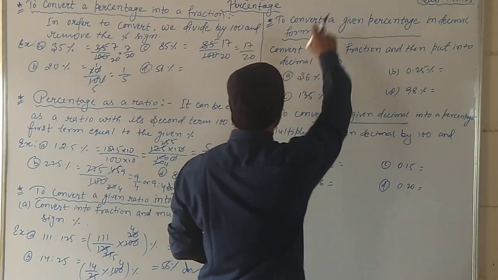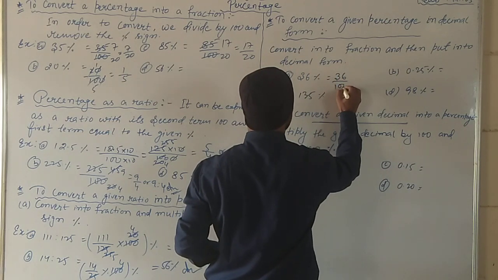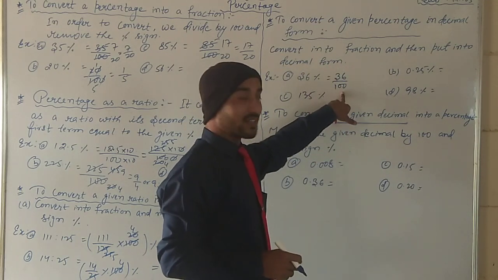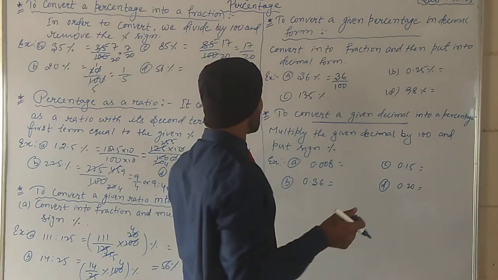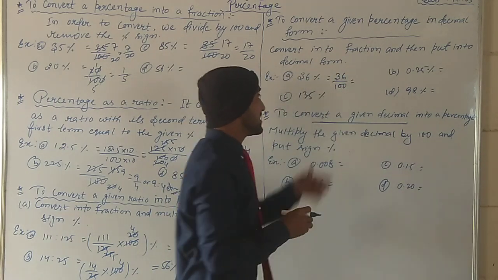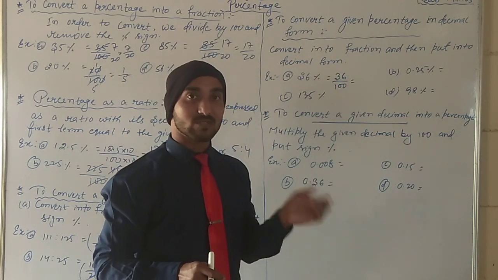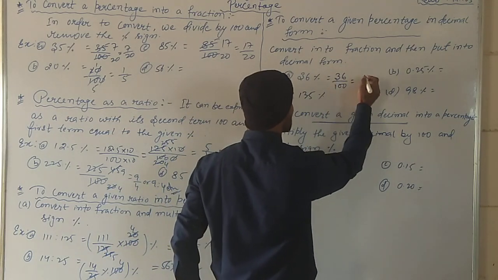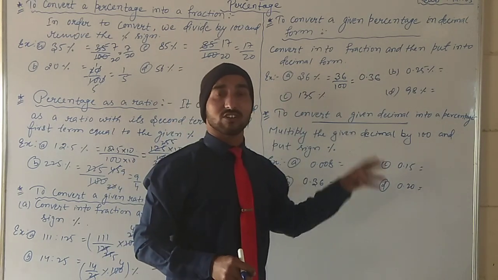So what will we do? Convert into a fraction. Then 36 by 100. Then put into decimal form. As we divide by 100, the divide sign will be removed. It will be eliminated. So now what will be done? 36 by 100. Now is it easy to put the decimal? As we discussed in the decimal chapter, how many zeros are there? 2. So before 2 digits, put the decimal. Okay? It's very simple and it's very easy.